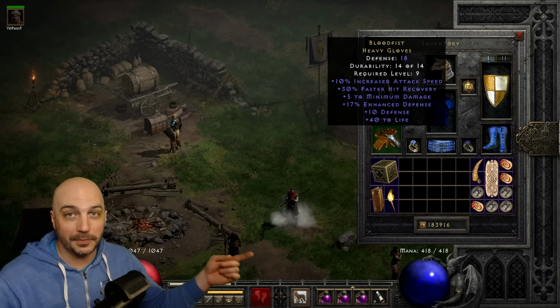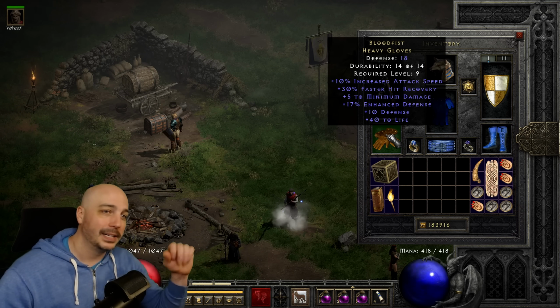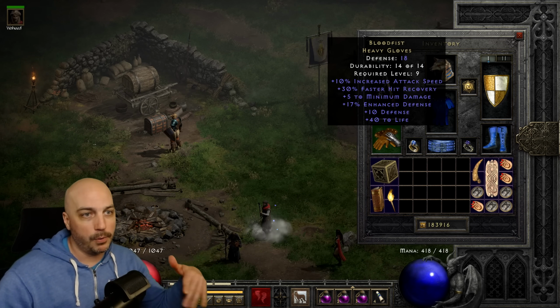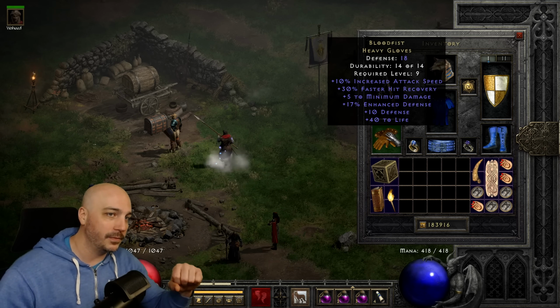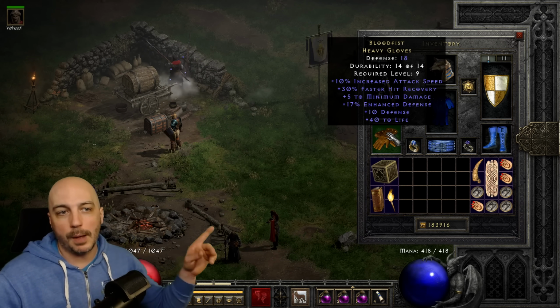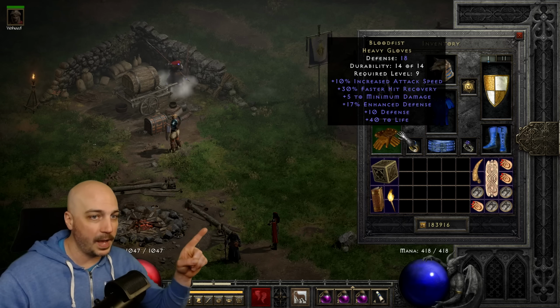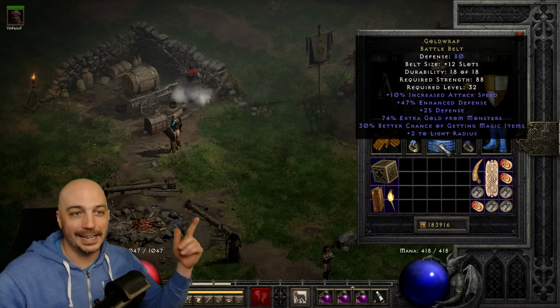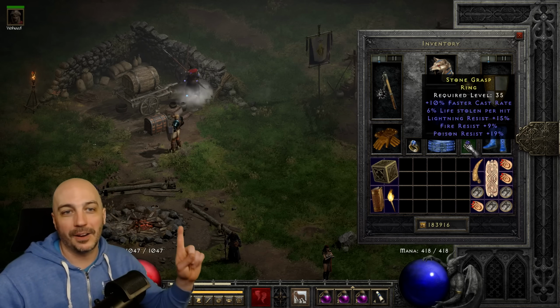Gloves, a little bit of a weak spot. This is very much suboptimal, but you get 40 life, some hit recovery, I guess. Right now I'm over the 99 breakpoint, so I don't need more FCR from Trangs or Mage Fist, so there's a few other options. I'm probably just going to end up trying to get some chance cards to get some more magic find over there. We got that Naggle that I found in Act 2 of normal difficulty, rocking it. We're rocking the gold wrap that's upgraded right there. Now we just got this,